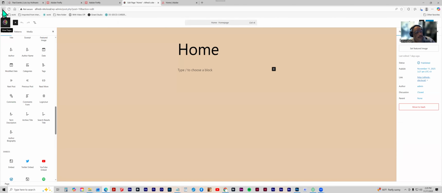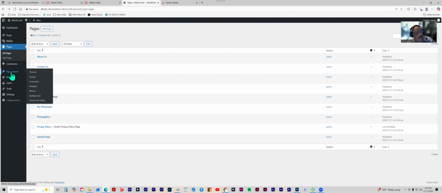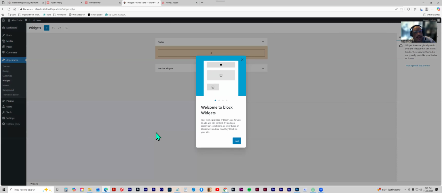So I'm going to go back down to our website and we're going to go to our section here on widgets. And it says, welcome to block widgets. So what WordPress has done is gone to this block editor. So the idea is that each element sits on a block on top of the next. And sometimes a block can be divided into a column. So you have rows of blocks and then you can have columns, as you can see here on the screen in front of you. And then once you create a block, you choose what type of element you want